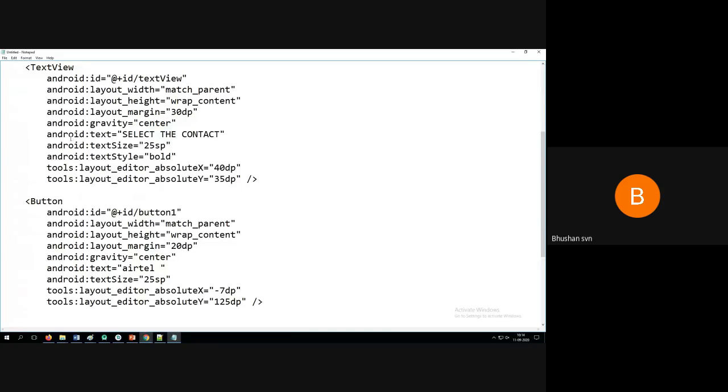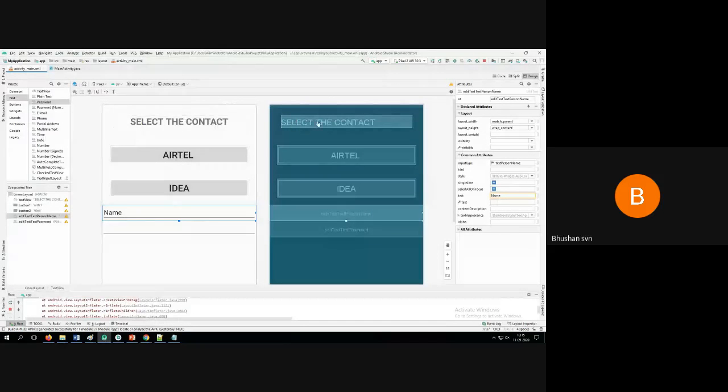And what should be the text within that component? Select the contact. So when I'm just dragging and dropping, there's an option to write the text here, and that option will get enabled here.